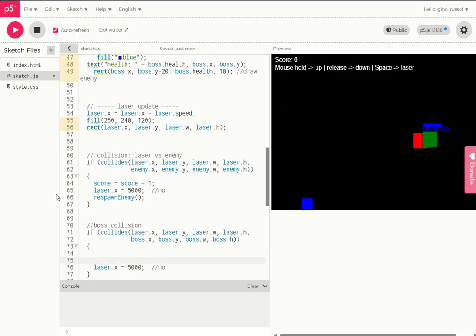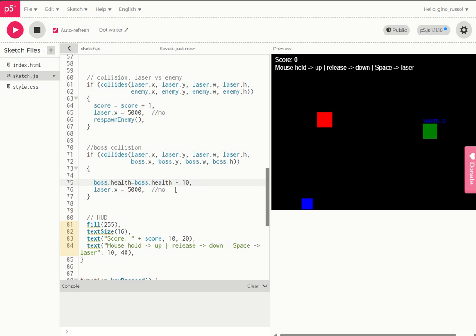But what do we want to do? We want to reduce the boss's health. Boss.health equals boss.health minus, let's say 10. Okay. Awesome, eh? And the only other thing I might say is,